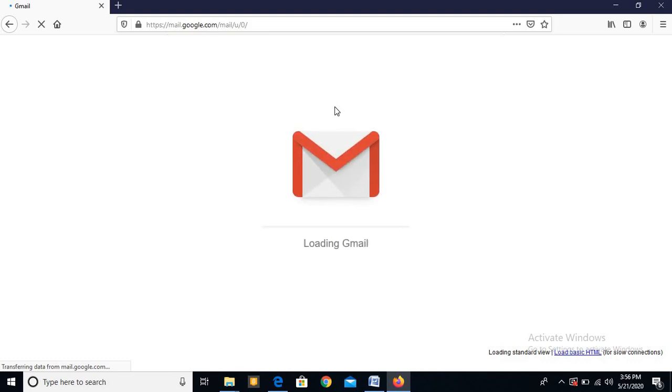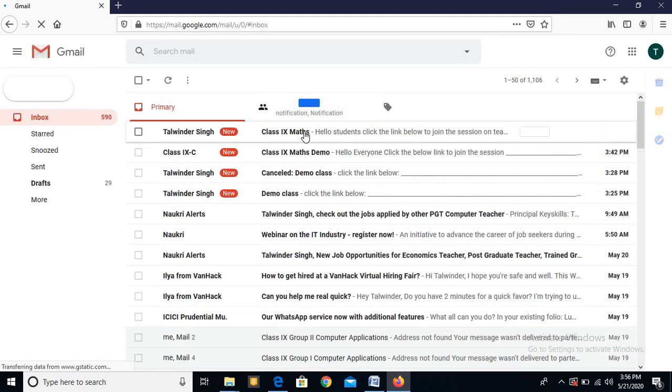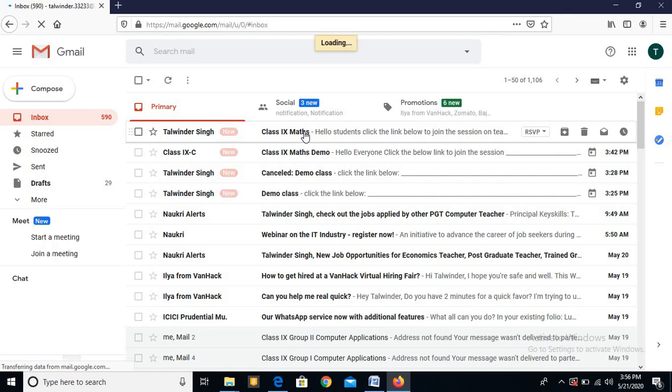It is getting opened. Now you see class 9 maths. I just open this.